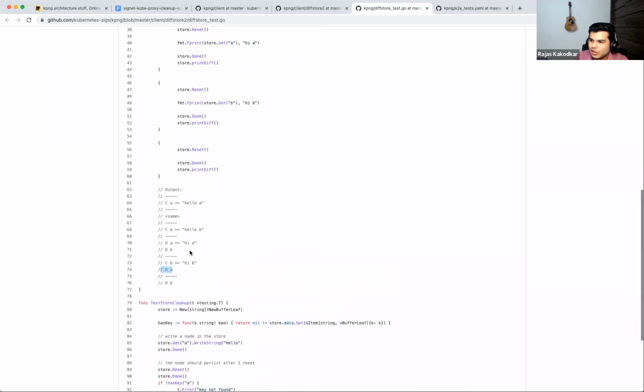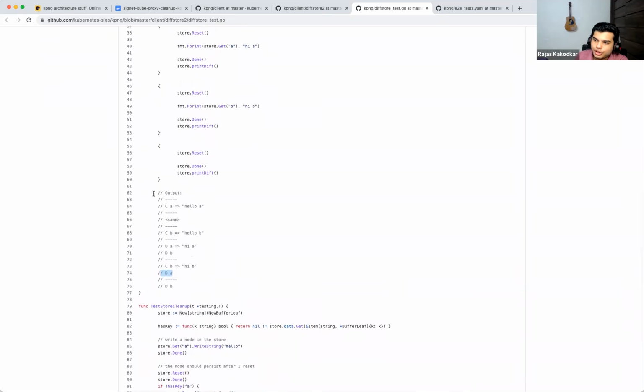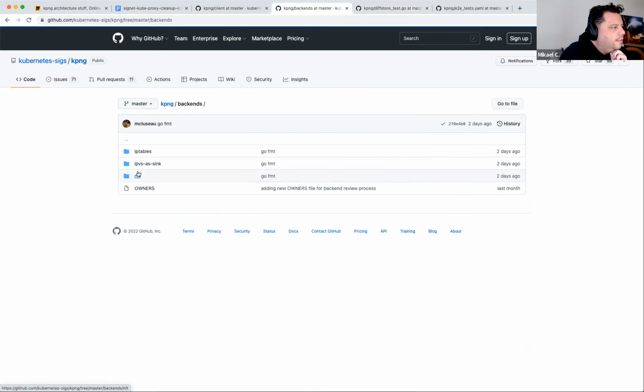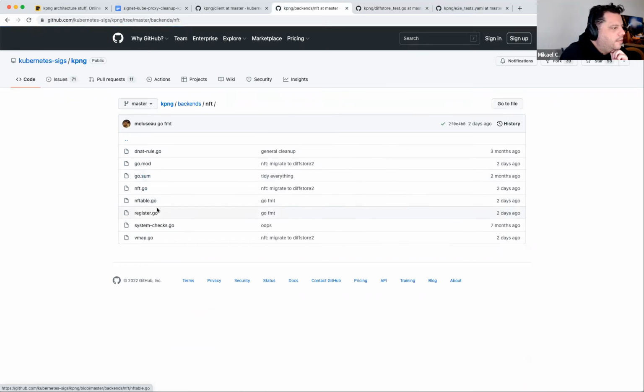So this is basically how it works. I'm thinking in terms of the NFT backend, where it would require the entire... let's go inside it. Just go in NFT and chain buffers. It's nftable now, so it's been renamed.